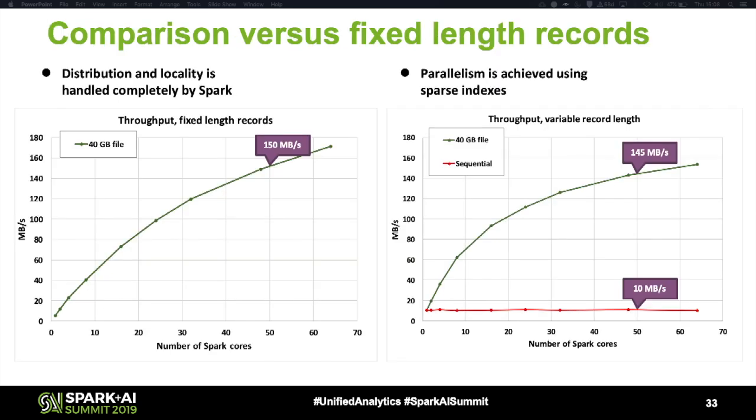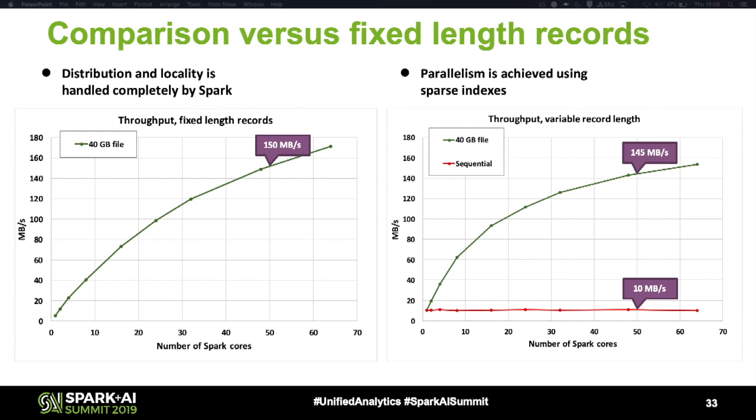And this is also an interesting comparison, which we are quite proud of. On the left side, you see the processing speed throughput for a fixed length file, when we don't need to build sparse indexes and provide data locality. Spark does everything for you using the binary records interface.